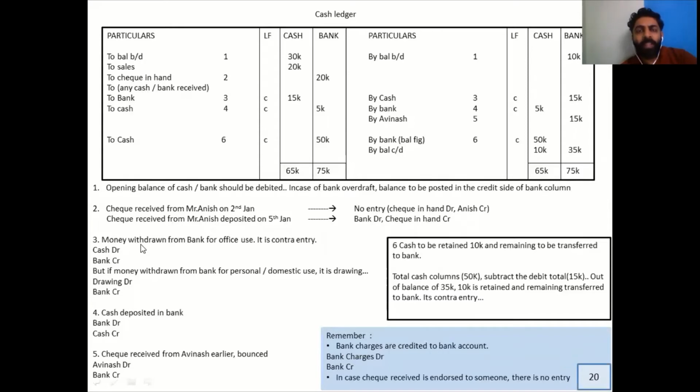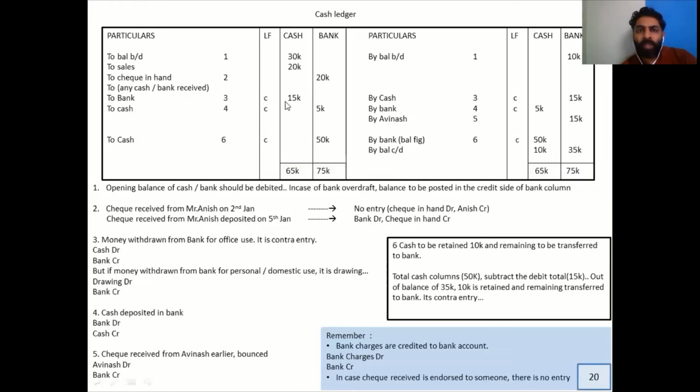Now, ideally, the money is not going out of business. That is why it's called contra entry. Contra entry is considered to be one of the trickiest things in this chapter, but it's way too simple. You should understand that any transaction between cash and bank is called contra entry. It will have two effects on either side of your ledger. So if I say cash account debit to bank account, cash account I have debited. So in the third transaction, if you see below cash, I have written 15k.